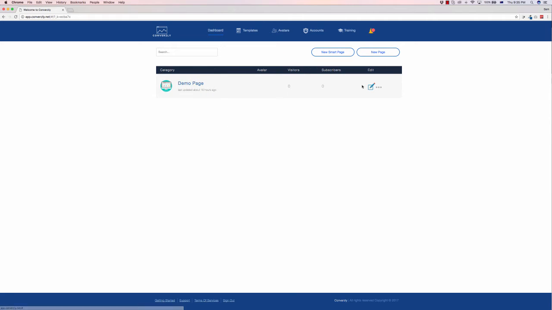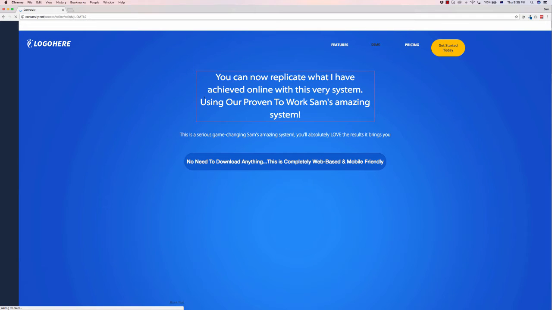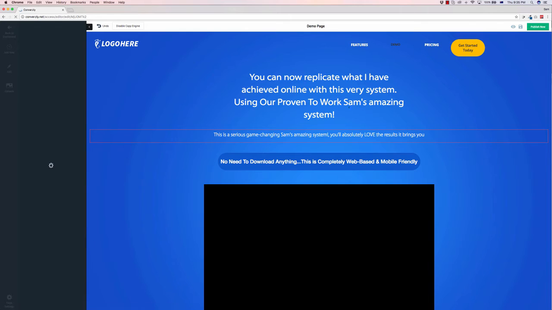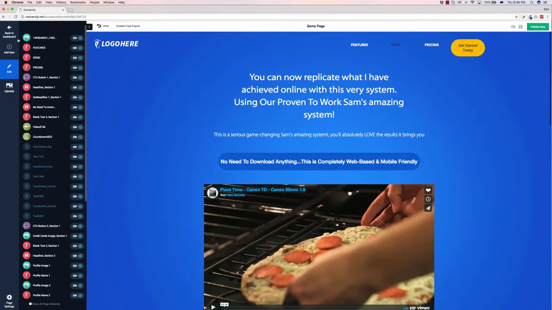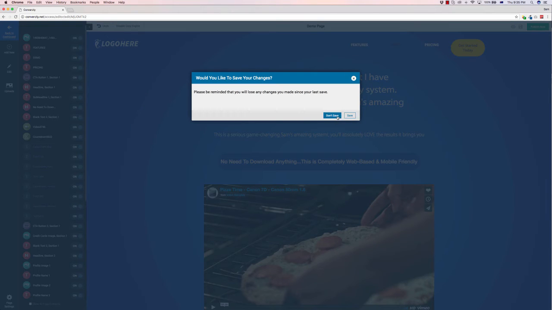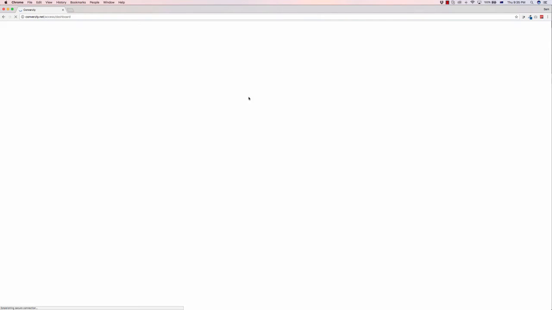Okay, so let's take a look at one of the pages. So we've got a demo page here. So if I click edit, this is one that I've already filled in some of the blanks. So this is the actual page here. Okay, and as you can see, it's built out the page for us. So if I go back to the dashboard and I don't save any changes,